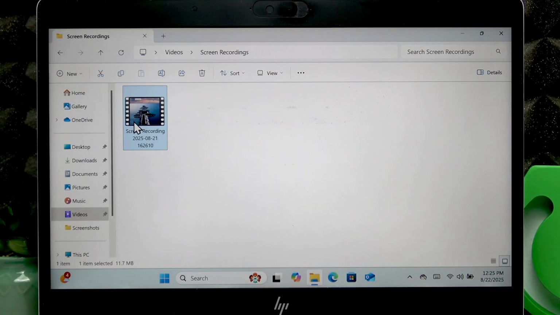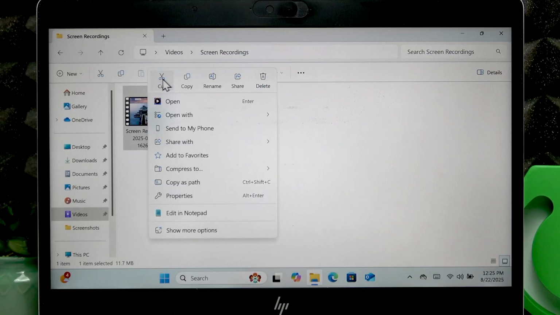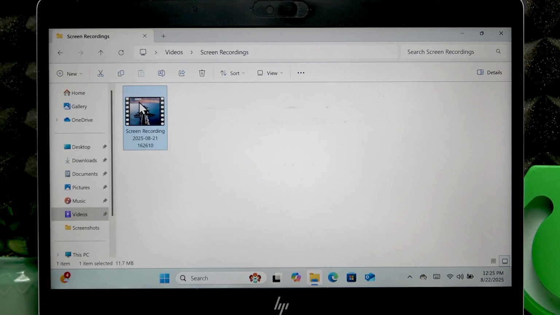You can also use CTRL C combination of keys, and in the same way you can cut this file out of this directory by selecting cut or right click and select cut or use CTRL X. To paste this file, you have to use CTRL V combination of keys,